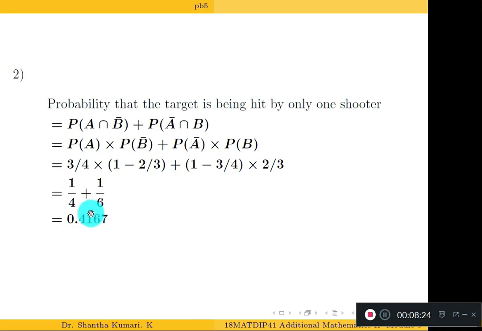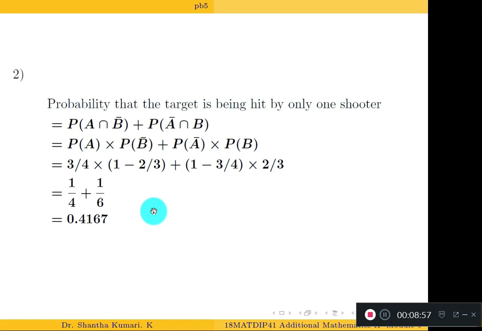You get 0. See, I am not using this answer anywhere, so I have written the decimal values. Another reason is that this is written at least correct to 4 decimal places. In such cases you can use it. Don't write only 0.4, that won't give you the nearest answer. In some cases students write like this, 0.41. No. At least write 4 or 5 decimal places. Then only it will be a more accurate answer.